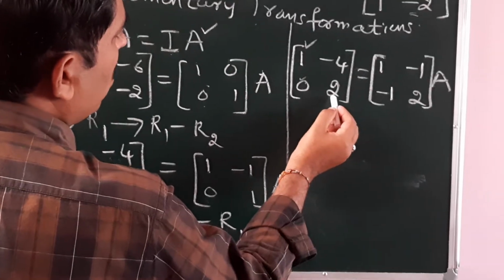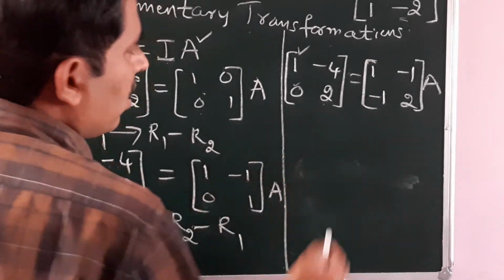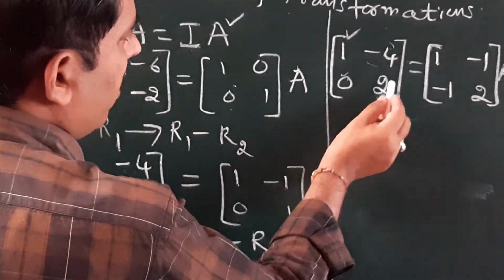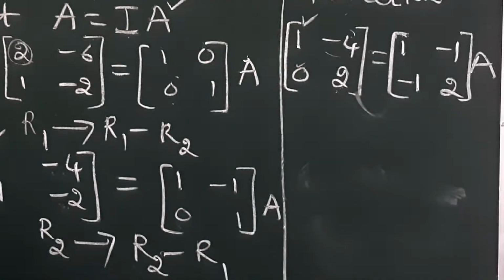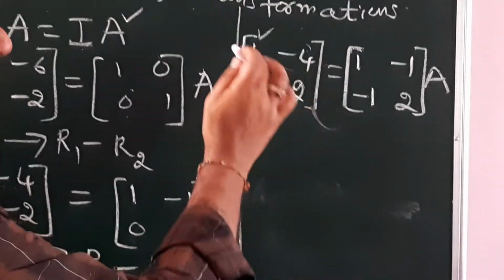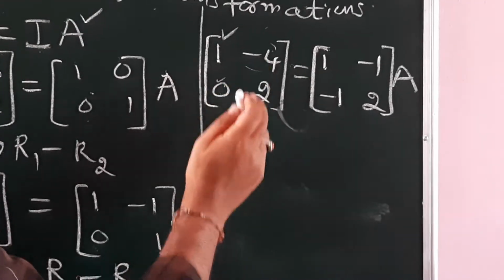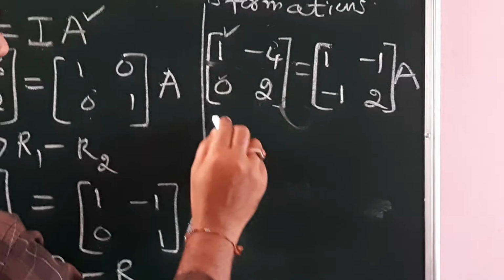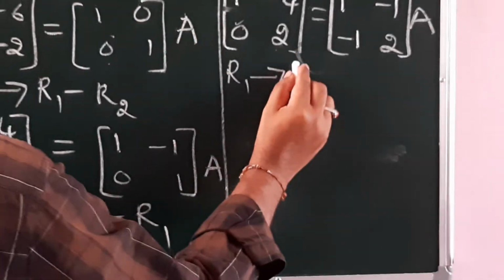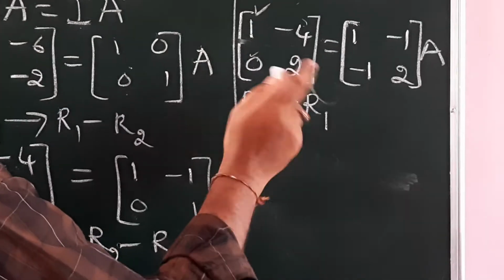Now this should be reduced to 1. Then we can reduce this to 0, and then try to reduce this to 1. Those are the two points left over. Here minus 4 is present, so how can I make it 0? Here 2 is there, so consider the first row, R1. Since 2 is there, if I multiply by 2, I will get 2 twos are 4.